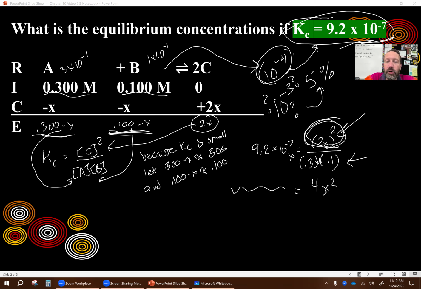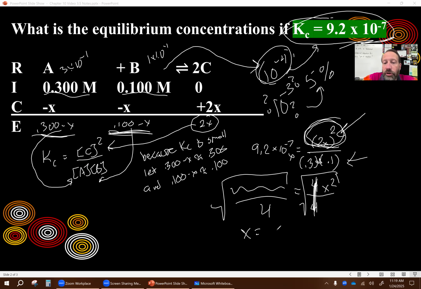Okay. So I would obviously first, remember PEMDAS, okay? We're going to first divide by 4, then take the square root of both sides. There's your x. Now, warning: whatever x is, and be sure you go to 3 significant digits in your molarity, your answer to C is going to be double that. Now, often